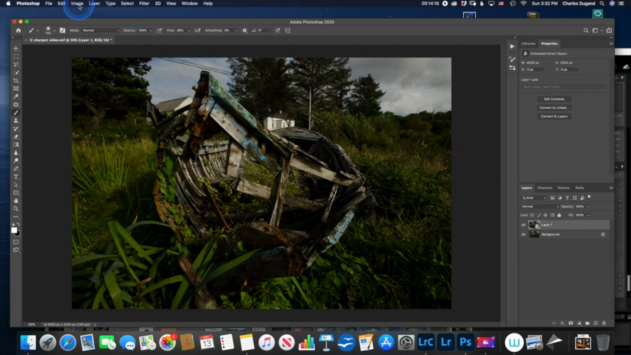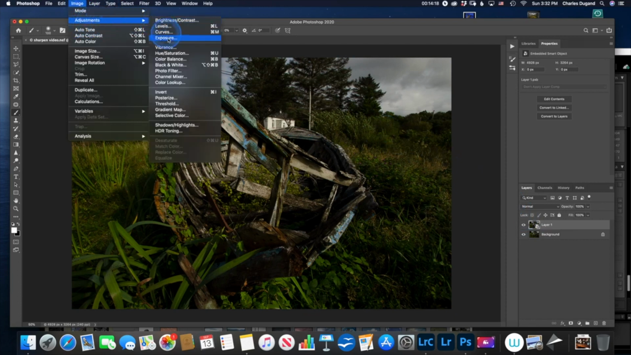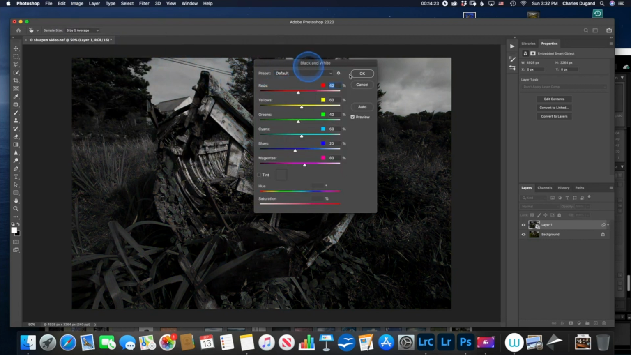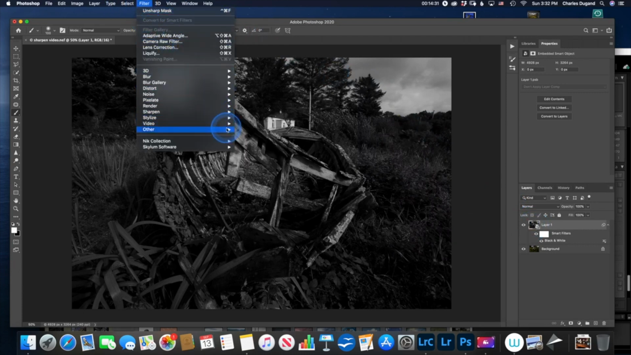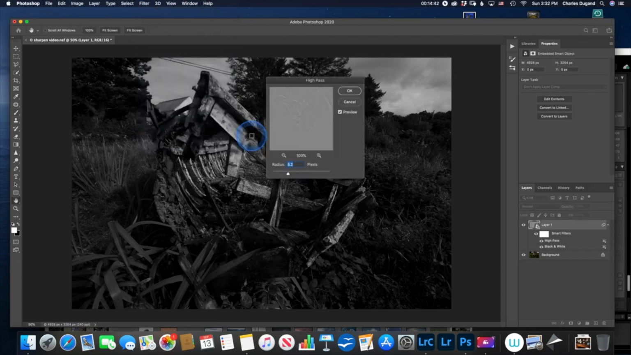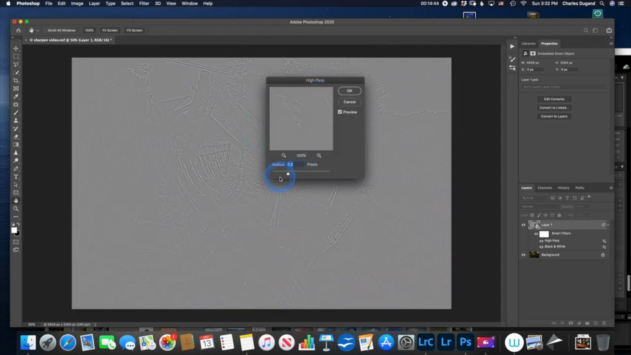I'll do image adjustments, black and white. It's turned it black and white. I'll just leave it like that. Now that I've got the layer black and white, I can go to filter, other, high pass. This is called high pass sharpening, and it's a very popular way of sharpening by a lot of people. In my own opinion, it's the best way of sharpening in Photoshop. So high pass sharpening, the way this works is, first of all, just put the radius all the way to